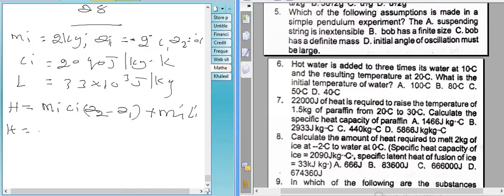So the mass of ice is 2. So 2 times the specific capacity of ice, into the change in temperature, which is 0 minus 2. This minus is from the formula and minus 2 is from the value. Then plus the mass again, which is 2, times the specific latent heat, which is 33 times 10 to the power of 3. By simplification, we obtain that the value is equal to 74